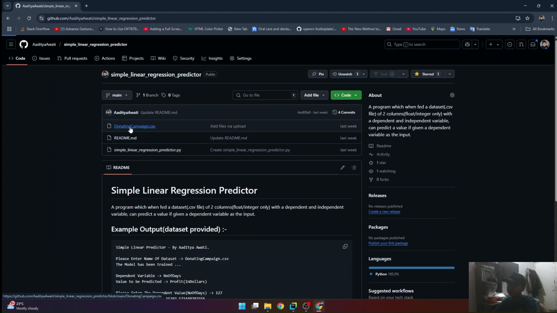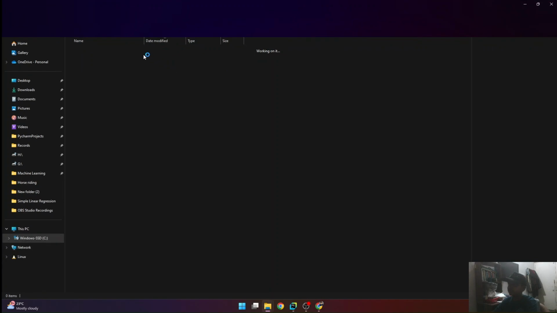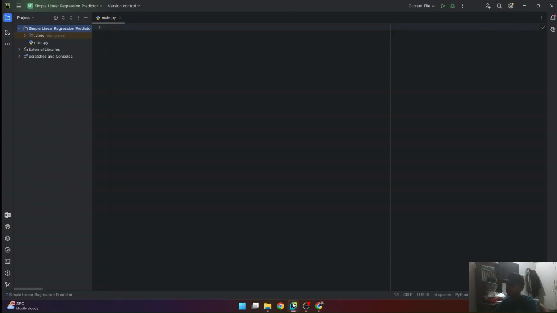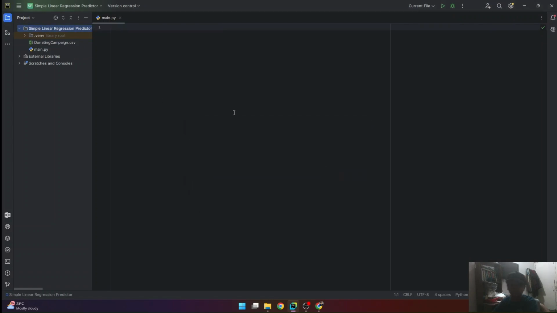From here, we'll download the donating campaign CSV file. We'll download it. Okay. Let's cut this. Open PyCharm. Paste it. Okay. Now that we have the dataset, let's begin with the coding.